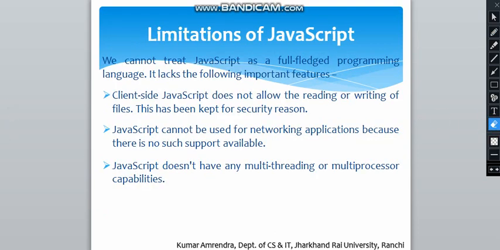Let's move on to the limitations of JavaScript. We can treat JavaScript as a full-fledged programming language, and it lacks the following important features. There are three features demonstrated over here. The first one is that client side JavaScript does not allow the reading or writing of files.